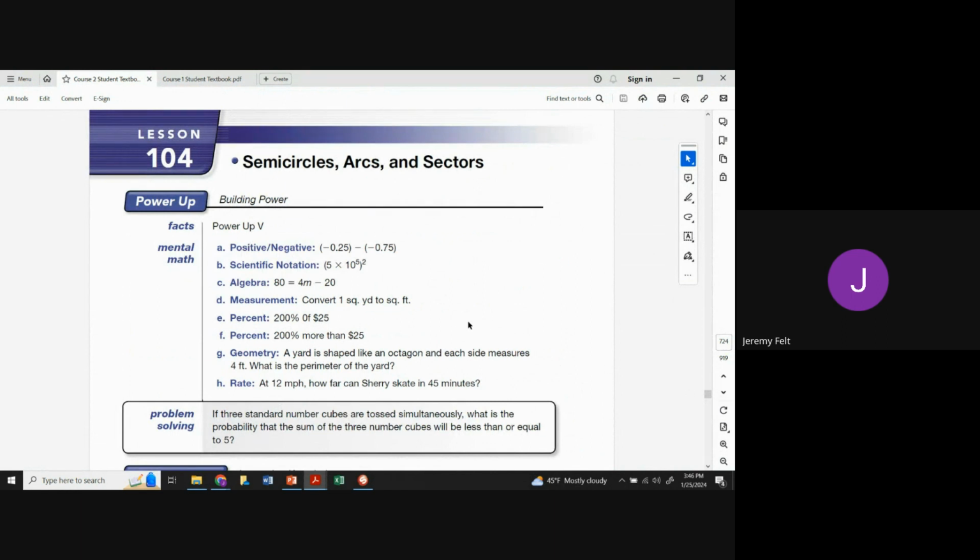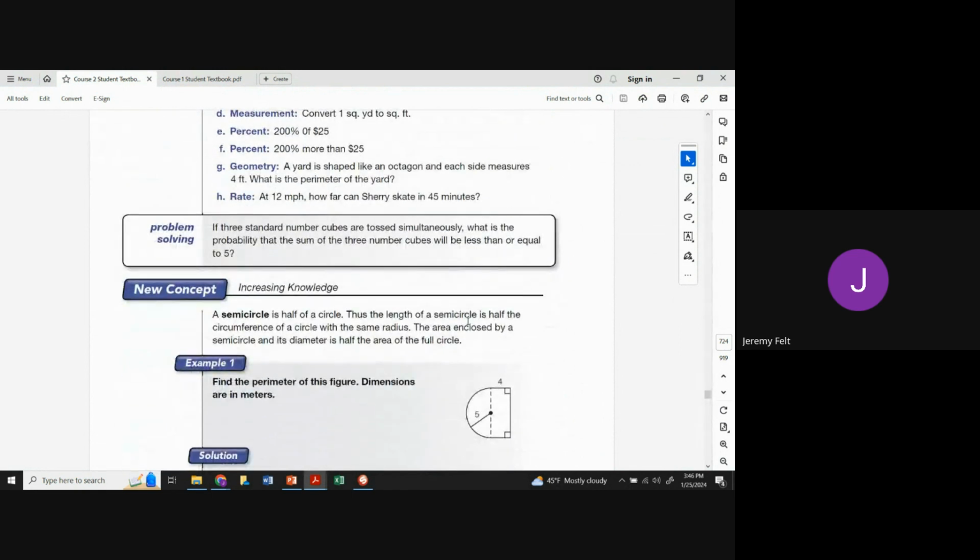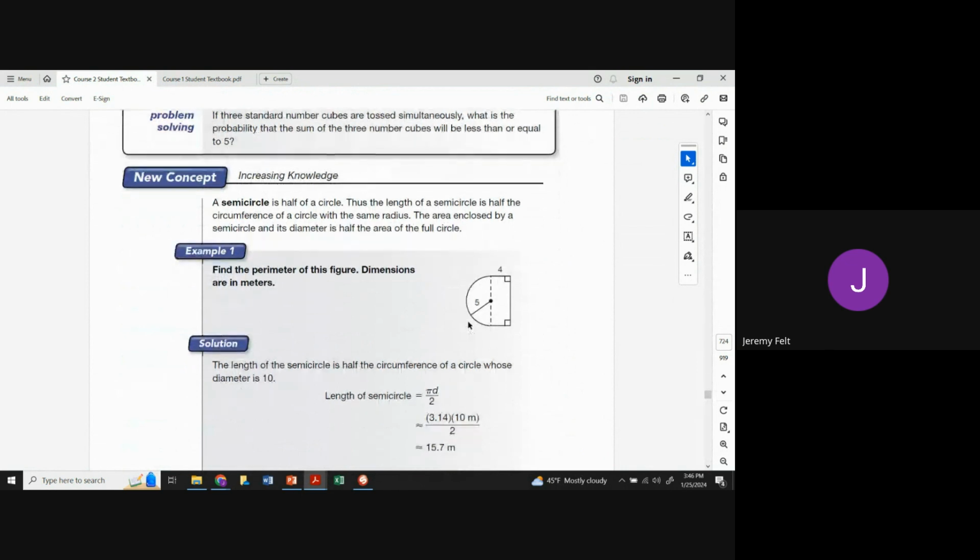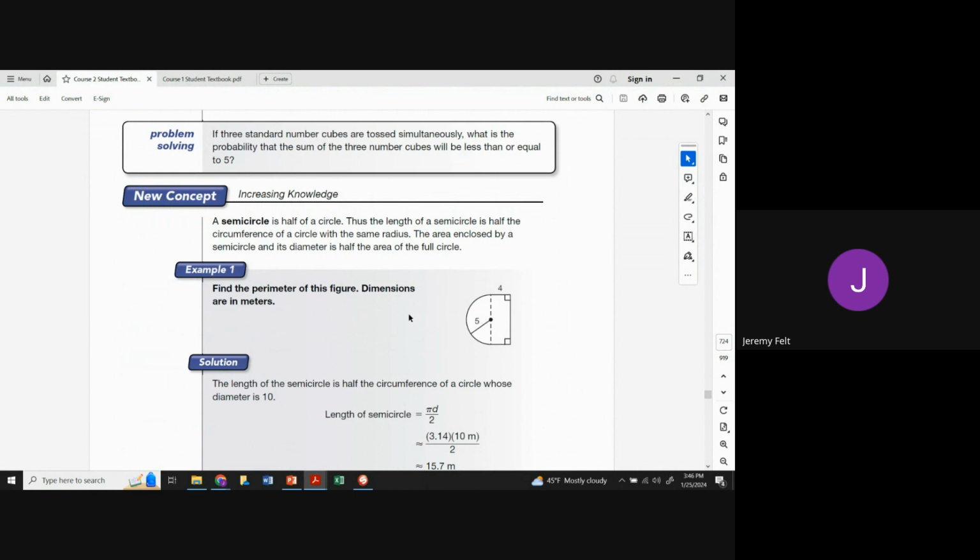Lesson 104, we're looking at semicircles, arcs, and sectors. Okay, a semicircle, as we know, is half a circle, so it's cut by a diameter, and so it's going to be half of the circle. So if we're given this shape right here, we want to find the area of this figure, and it's in meters. So we would look at this half circle with a radius of 5, so half of a circle, pi r squared. So pi 3.14